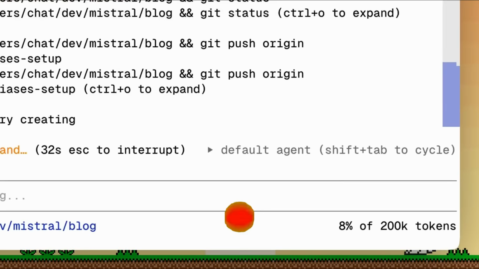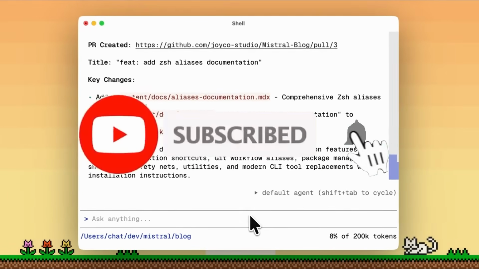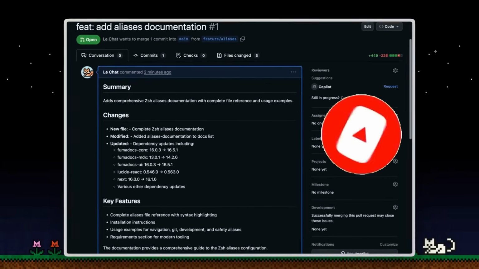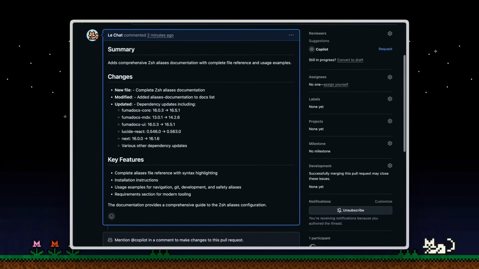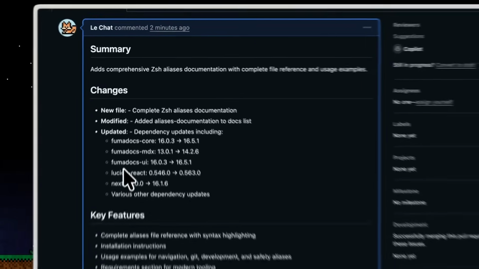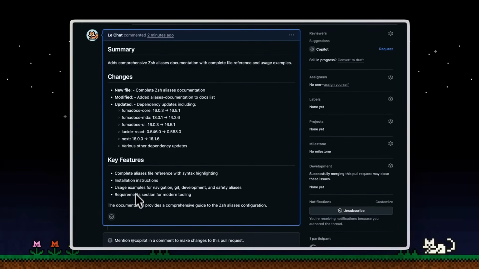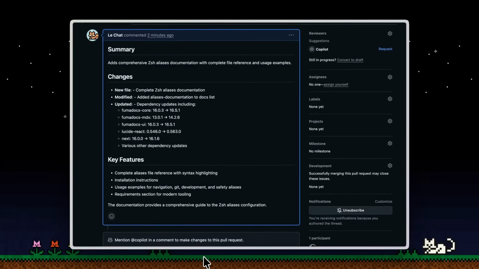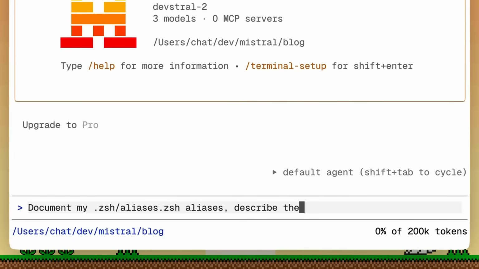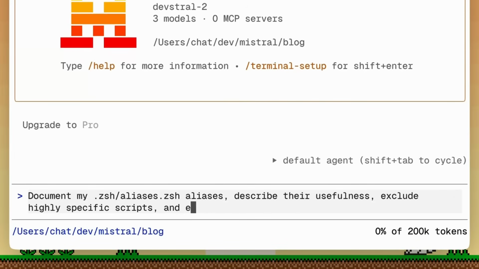Well, it's a terminal native AI coding agent that is like Open Code and Claude Code, capable of writing, testing, refactoring your code, and even deploying your code all from the command line. It supports async tasks. It integrates with tools like GitHub, Jira, Slack, and Jenkins, and comes with customizable agent workflows to automate long-running tasks. For example, take a look at how it can document shell aliases with the Mistral Vibe